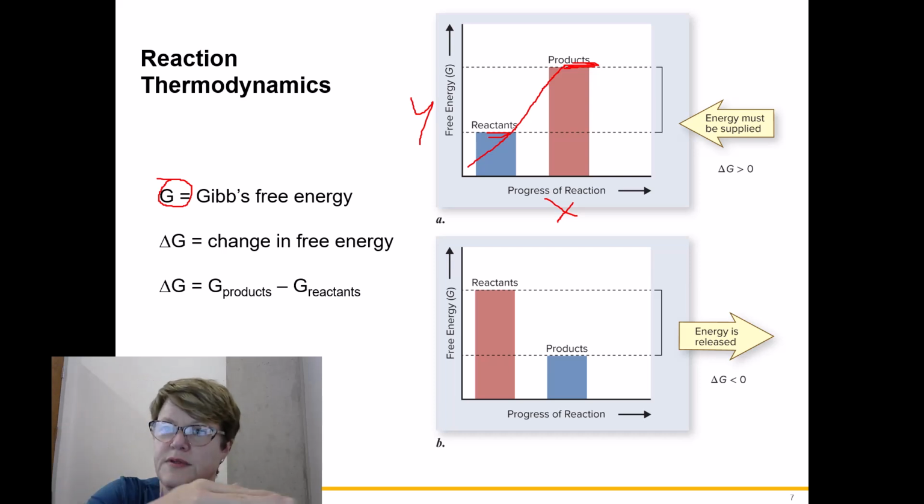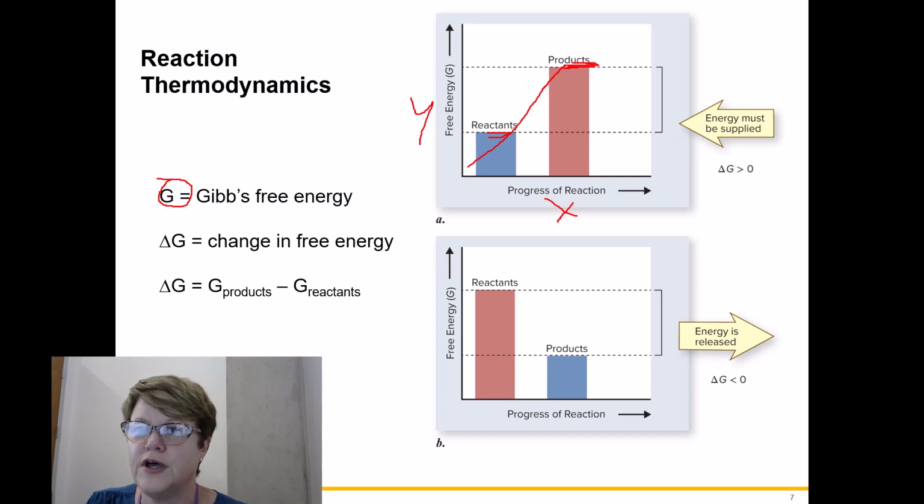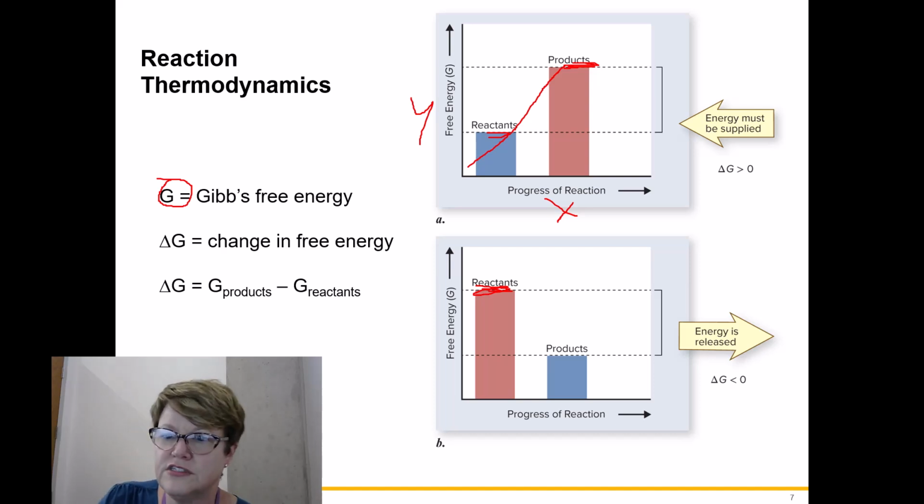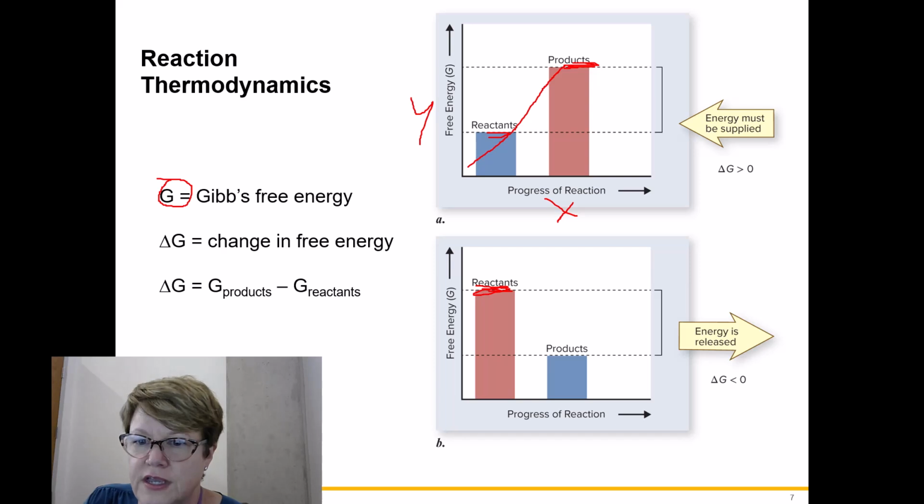So energy has to be put in to build those bonds. The other possibility is that you have a reaction in which the reactants are being broken down. Bonds are being broken. And so the reactants have energy in their bonds, but once those bonds are broken, the energy is released into the universe, and the products don't have those bonds anymore, so they don't have as much energy. And so in that reaction,